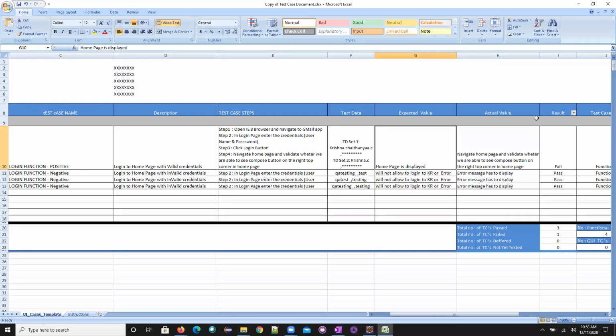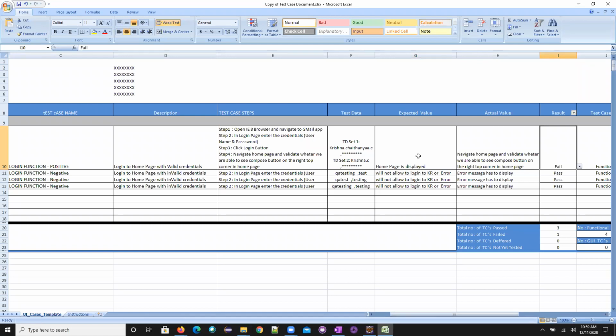If expected is not matching with the actual, then that particular test case is failed. So we will mark this as a fail. And why has it failed? Here the birth of the BLC, bug life cycle, is spawned. If there is any deviation from the expectation, then that is called a bug. See how interlinked it is. Simply we are saying that if it is deviated from the expectation, then that is a bug. And here the bug spawns. Once the bug spawns, it will go ahead with the bug life cycle.